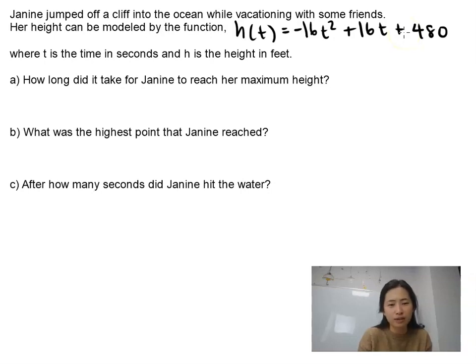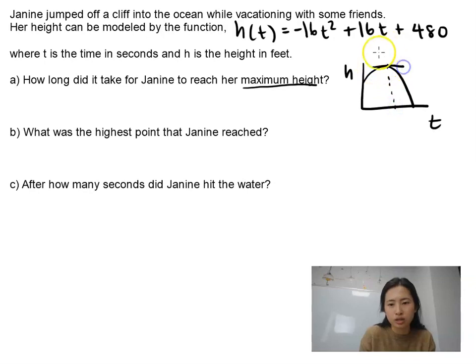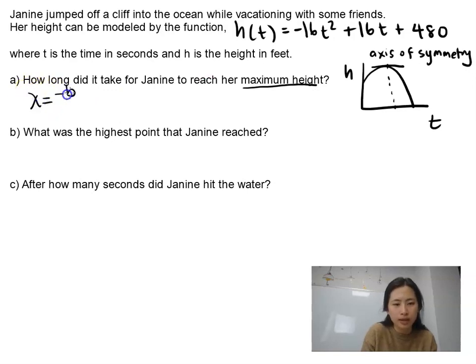So how long did it take for me to reach my maximum height? So maximum height, let's just refer back to our parabola. So we're plotting height against time. So in this case, because it's a cliff, we have this right here. So maximum height would be looking for your axis of symmetry. Okay. So axis of symmetry, we know that we have this formula x is equal to negative b over 2a,